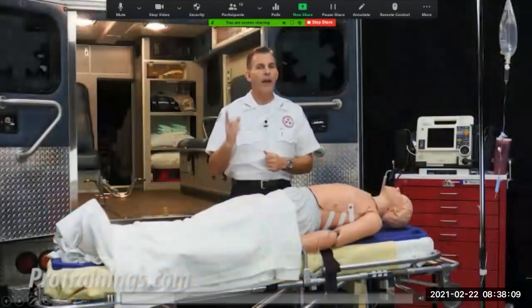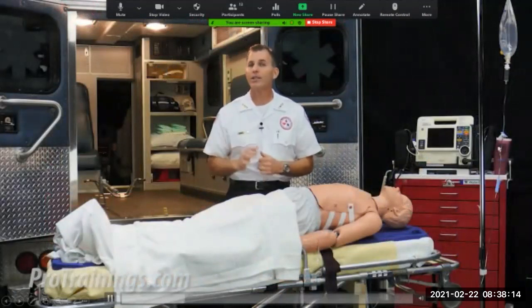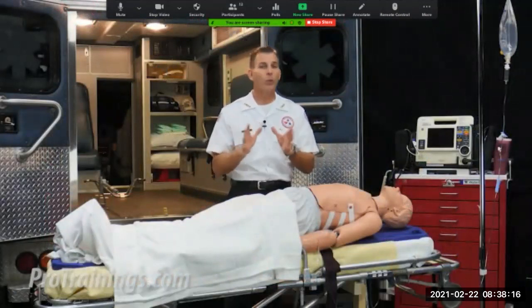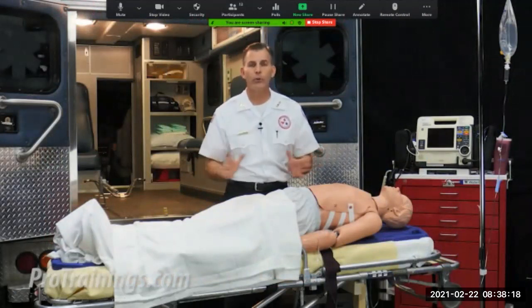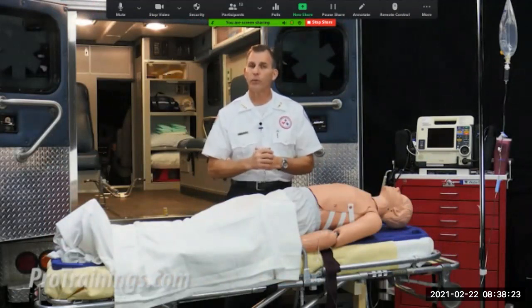After about 1 minute, we recheck the vitals and find that the respirations are still around 20, heart rate still 46 and irregular and weak, okay, and the blood pressure has not improved. It's still 76 over 40, with the pulse ox still reading 94%.